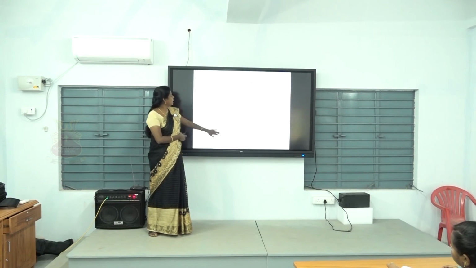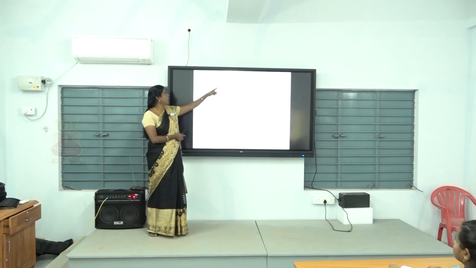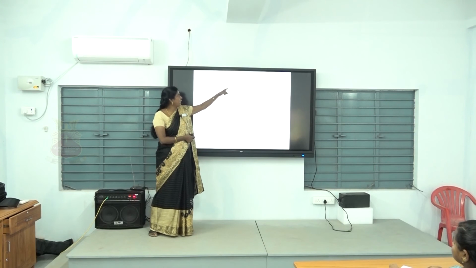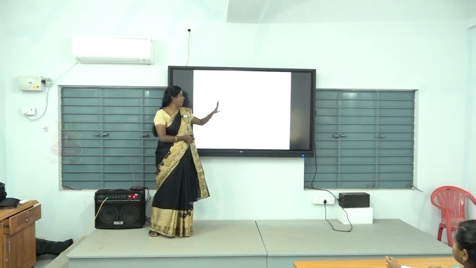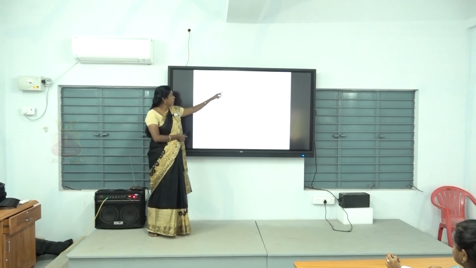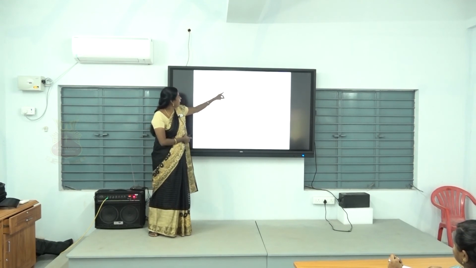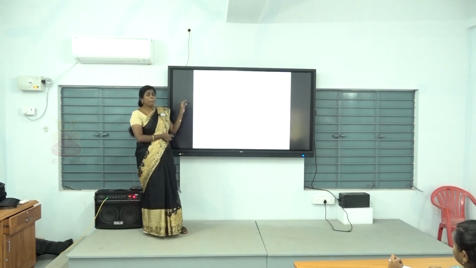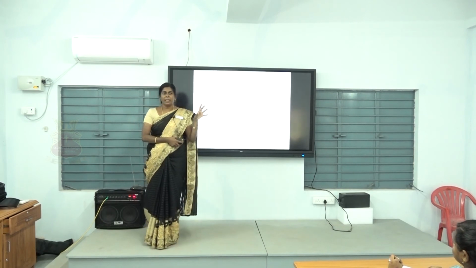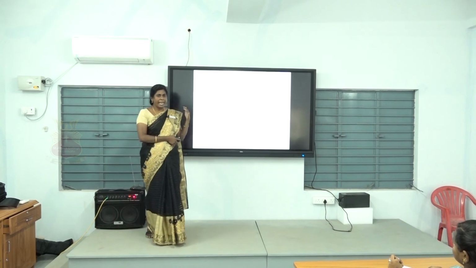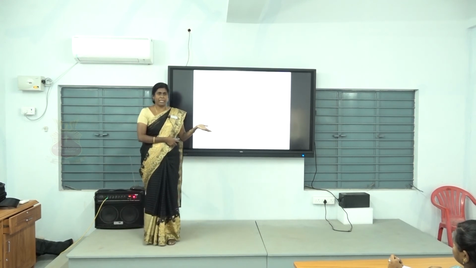Break-even point in units is fixed cost divided by contribution per unit. Fixed cost is 5 lakhs in the problem, and contribution can be calculated by sales minus variable cost. Selling price is 20 and variable cost is 10 per unit. So 5 lakhs divided by 10 equals 50,000 units. If we produce 50,000 units, then we never suffer a loss. We are earning what we have spent.